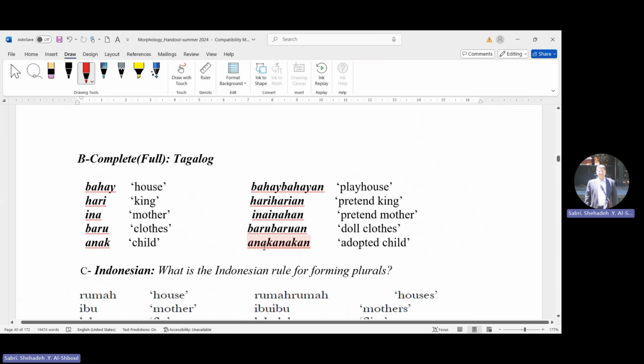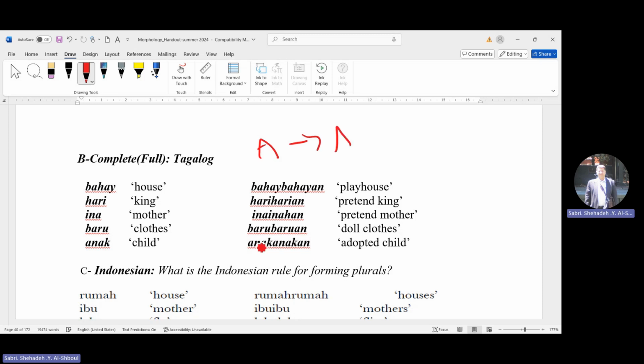Another type of reduplication is the complete, total, full reduplication. As in Tagalog, we say bahay, which means house; bahayan, which is playhouse, right? Hari, king; Harian, pretend king. Ina, mother; Inahan, pretend mother. Baro, clothes; Baroan, doll clothes. And finally, Anak, child; Anakan, adopted child. So here we notice that the word is fully repeated in full reduplication, plus the -an